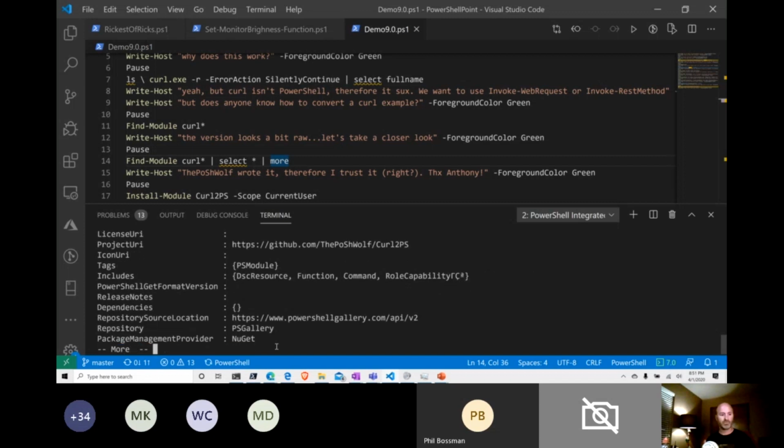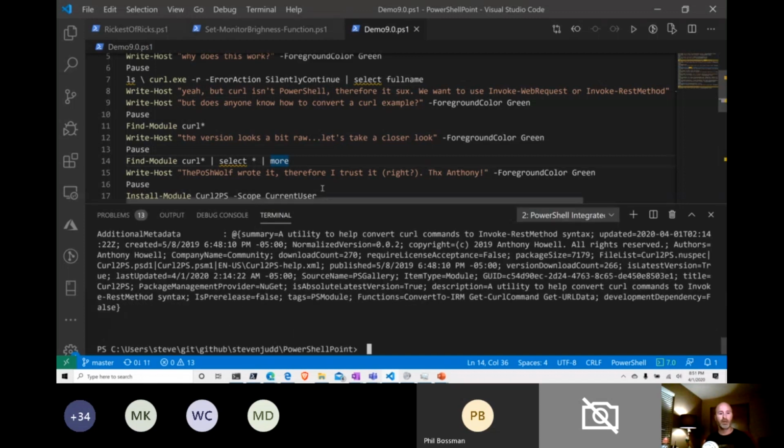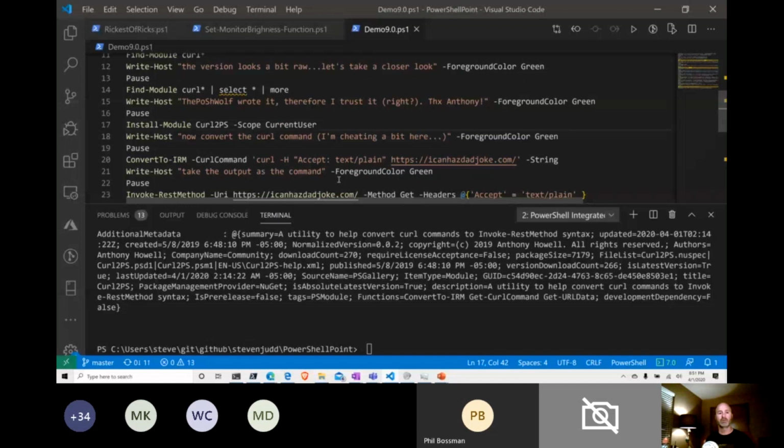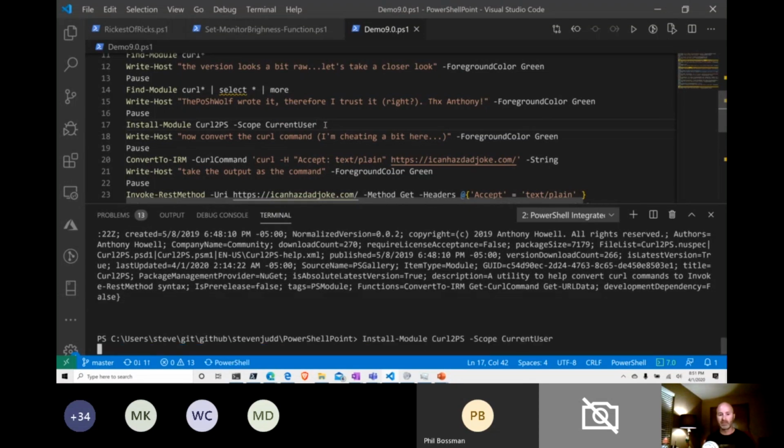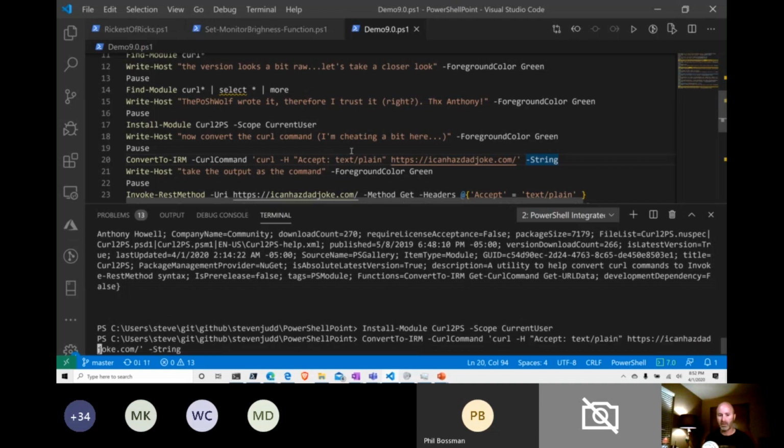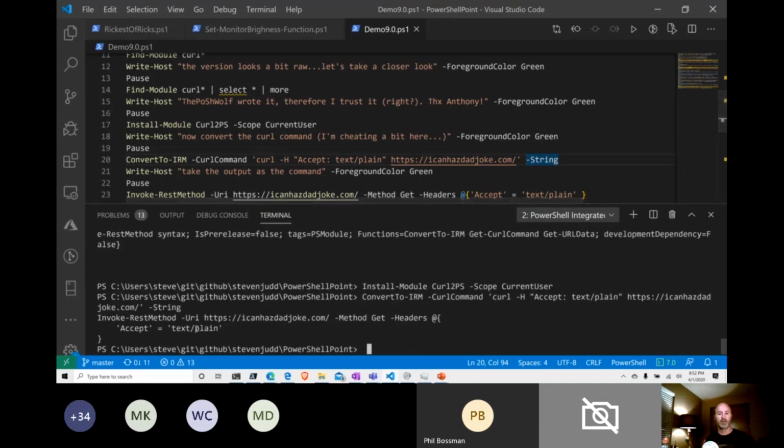So let's get out of that more here. I want to install that module. So I'm going to install the module into my current scope. I've already done this, so I better run it again just to make sure that I have it and that it'll work. I don't want to break my demo here. And so now I'm going to run his command, which is ConvertTo-InvokeRestMethod, and I'm going to pass it the curl command. F8. And I get back